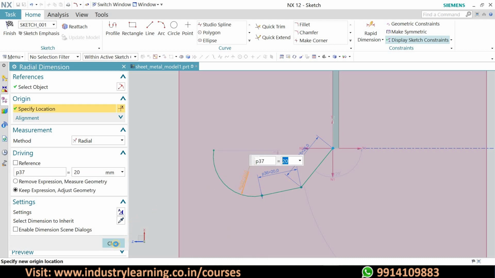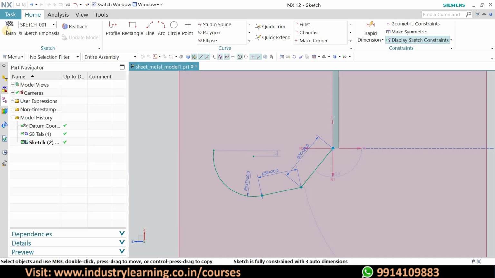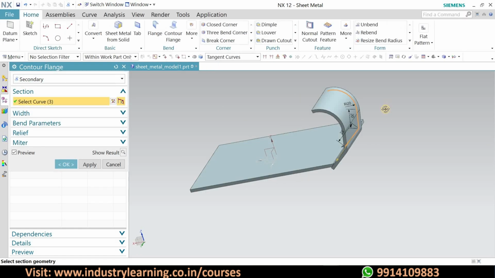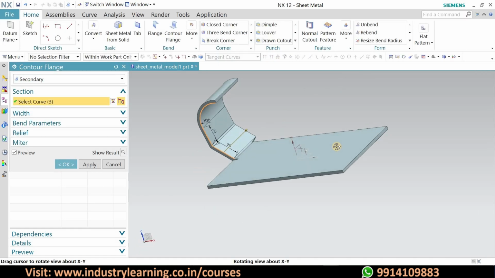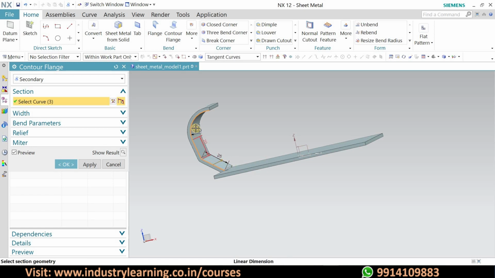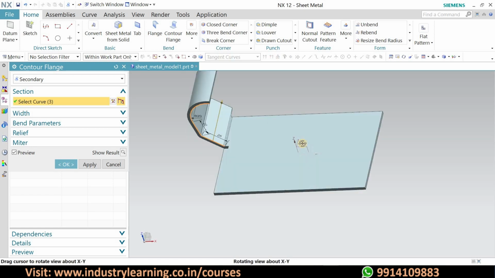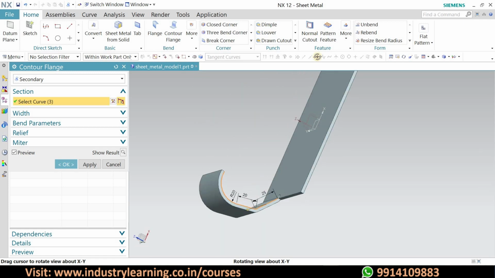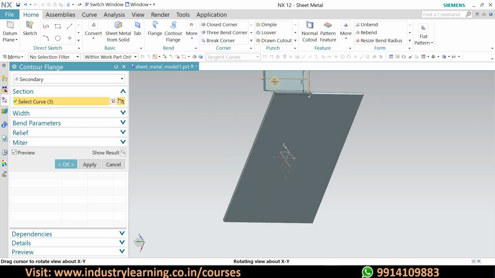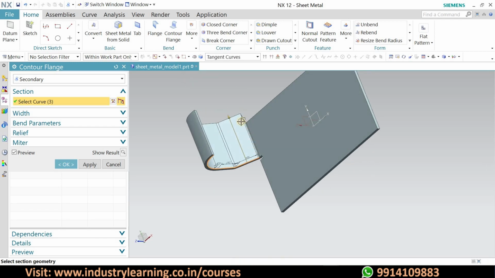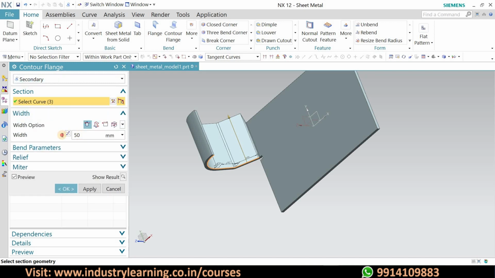And now if we click close, and go further to finish, then we can see that our flange has been generated as per our dimensions 25, 20, and radius of 20. Got it? And now this has been generated as per the outside of this seat. This is because the width, that is 50, we can make this like 40, then it is near about the seat. If we can make this like 30, then it will be inside.